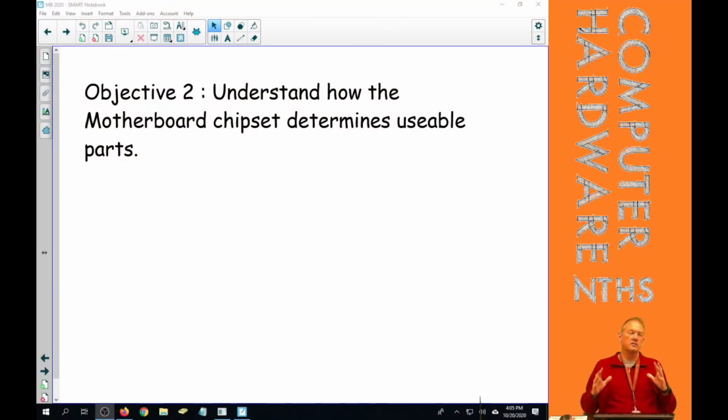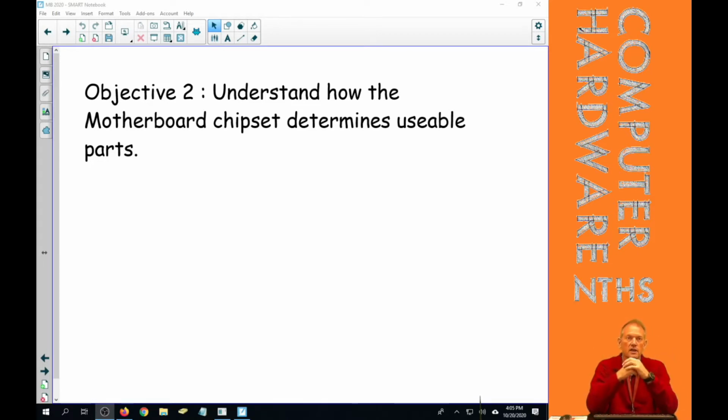Okay, let's talk about our second objective. We just talked about the CPU. Now, directly related to the CPU is the chipset. Now, the chipset, as we know from Chapter 1, controls the flow of information around the motherboard back to the